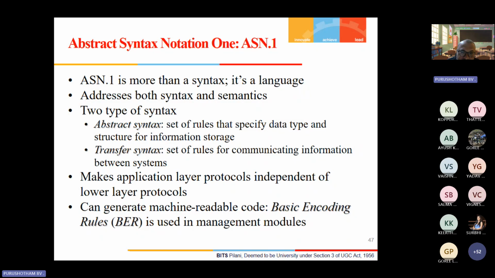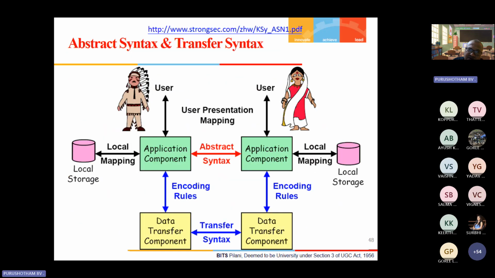So abstract syntax is a set of rules that specify the data type and the structure for the information storage. And transfer syntax is going to be the set of rules for communication purpose. And there is a machine readable code, which is called the basic encoding rules. BER is going to be generated in order to be used in the management model.